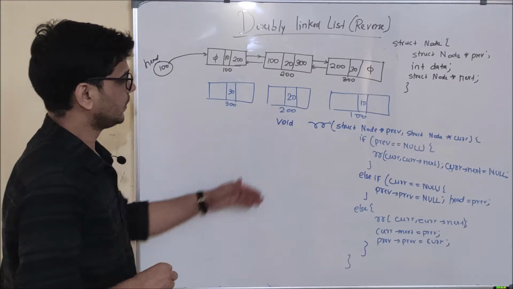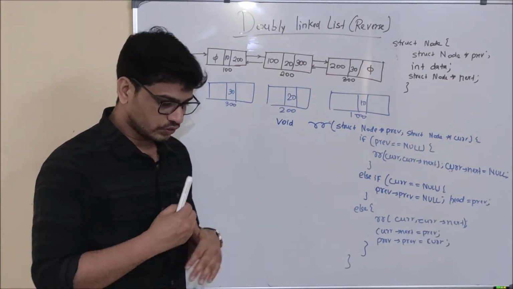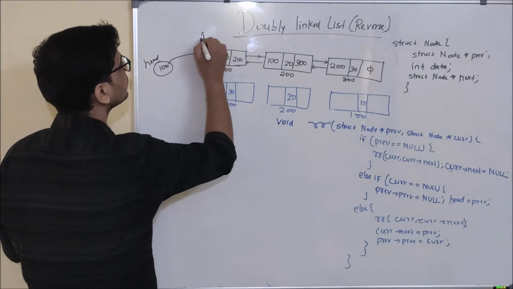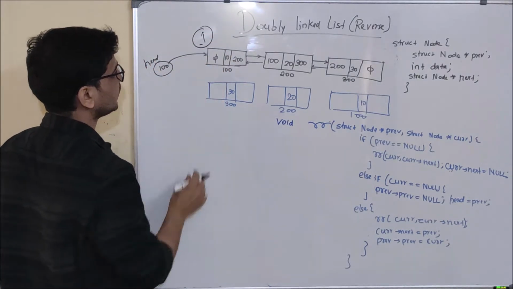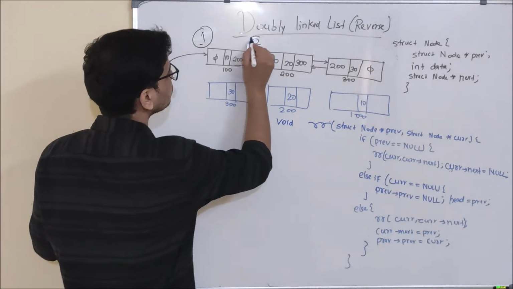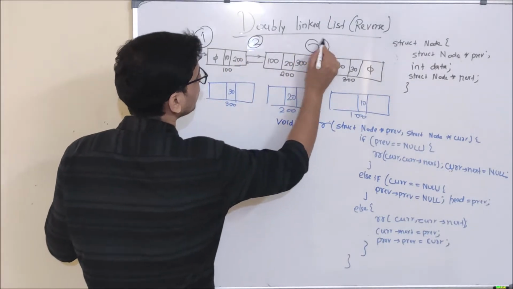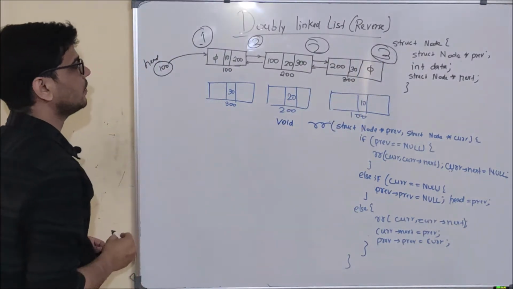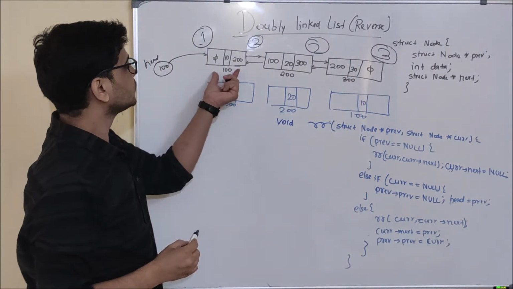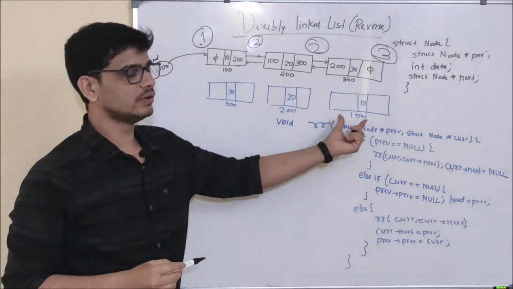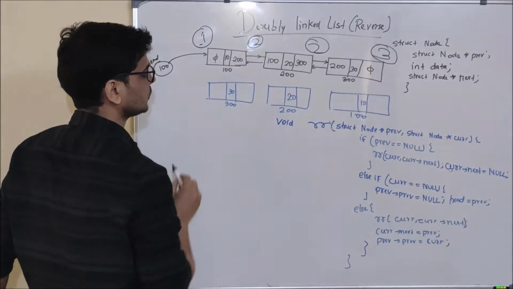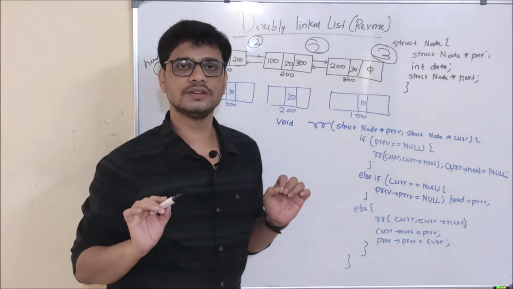So as you can see here, I have written the program. So to reverse a doubly linked list, we will have to deal with three cases. And the first case will be when we will be here, that is first node. Second case will be anywhere in between, and third case will be at the last node. So basically what is going to happen is that our first node will become the last node in the reverse list, and last node will become first node in my reverse doubly linked list.